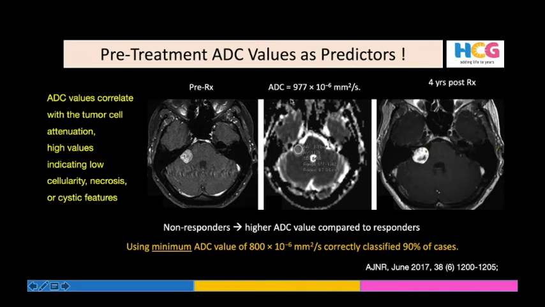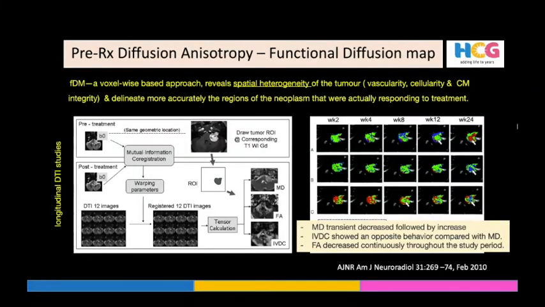This was one of the patients who had relatively high ADC values. You can see that 4 years down the line there is not a good response to radiosurgery. Now, the other level of investigation which is particularly important in defining tumor control or regression is the functional